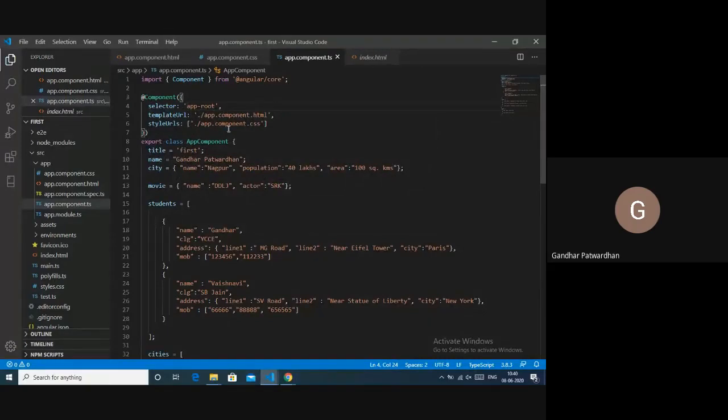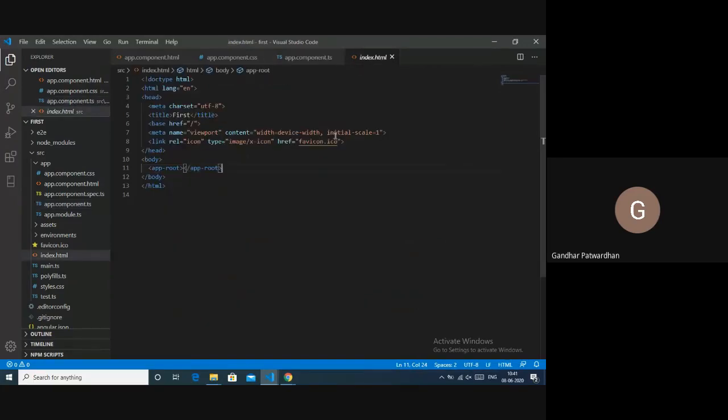So what would be the job of a selector? This selector will be used like an HTML tag, right, and it will be used to display. So what eventually happens is that whatever logic you write, everything is inserted at this place inside this body tag, right. That is what happens internally, and you can see your application. Okay, so keep this thing in mind.